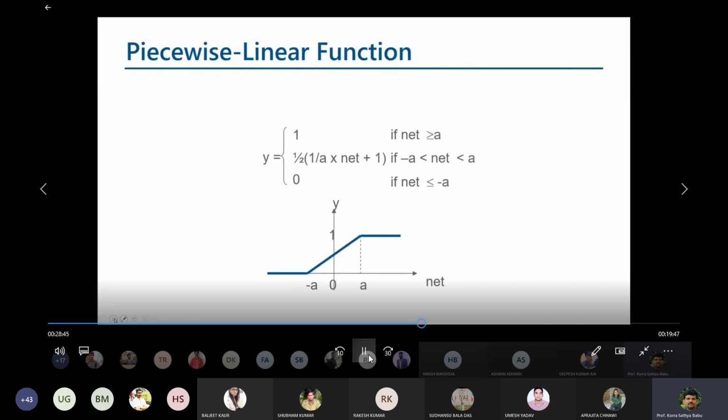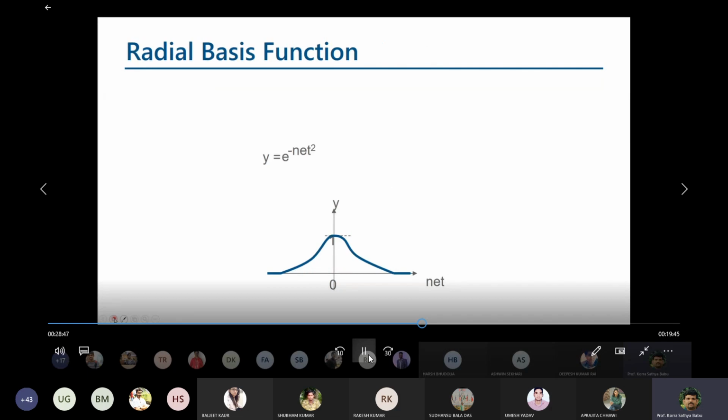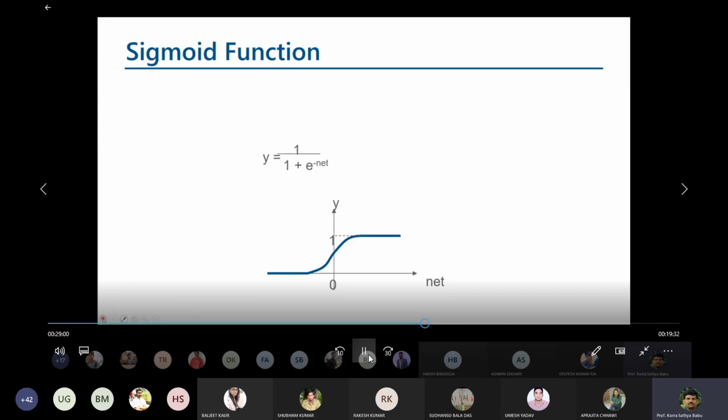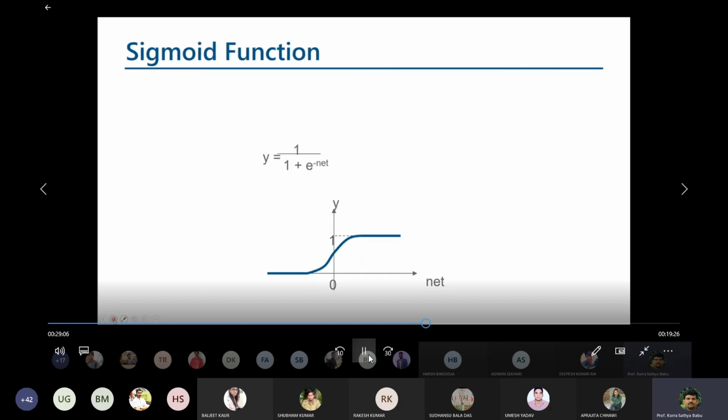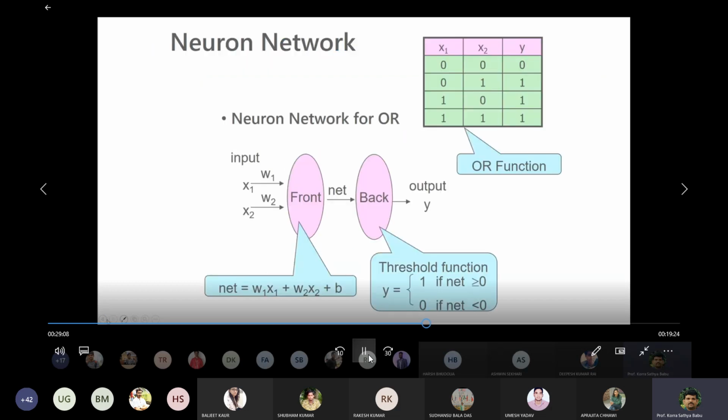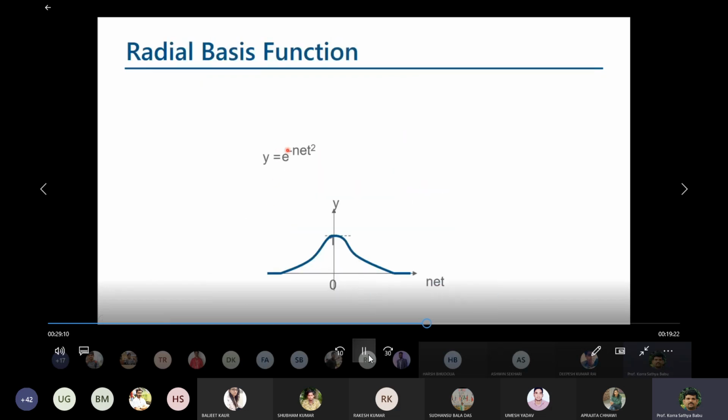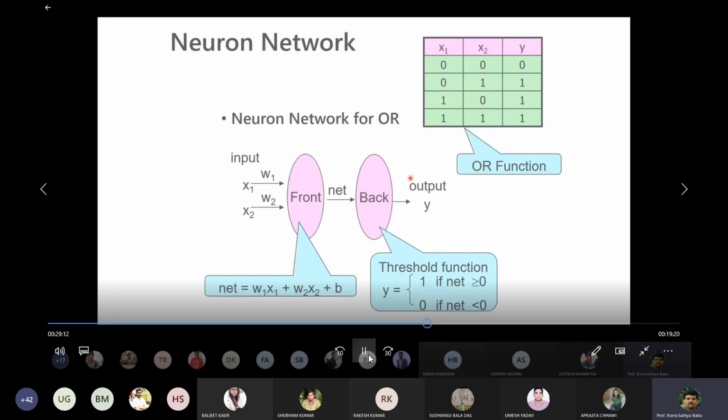This is the piecewise or ReLU function that you have seen. This is the sigmoid function and the radial basis function, and their formulas. You need to remember these particular formulas. This is important for you, more important. All these figures are one-dimensional, so you can understand them very easily. For the sigmoid function, the piecewise function, and the step function, you need to understand the figure and remember the formulas. That is important for you.